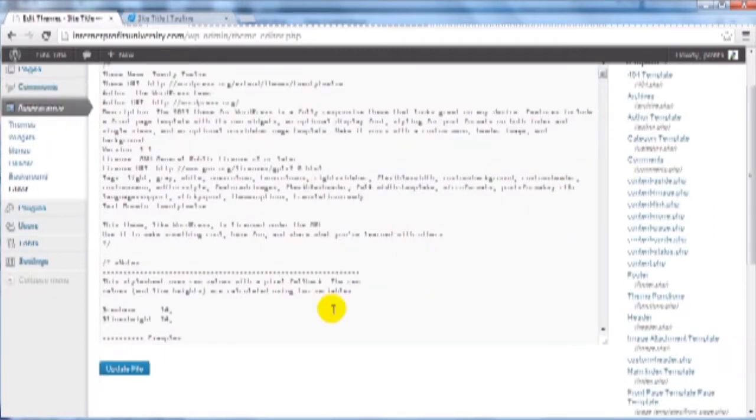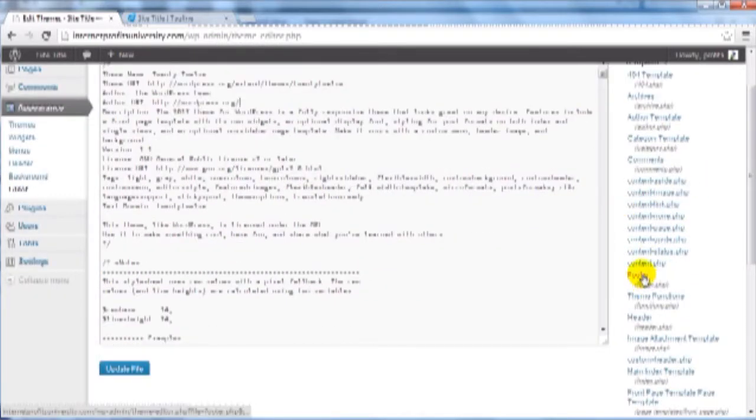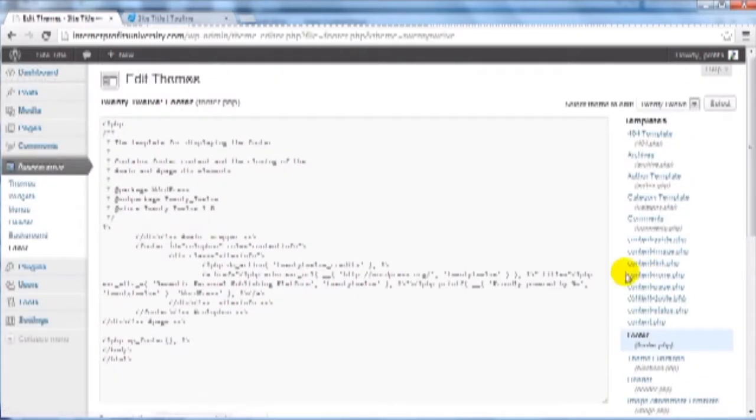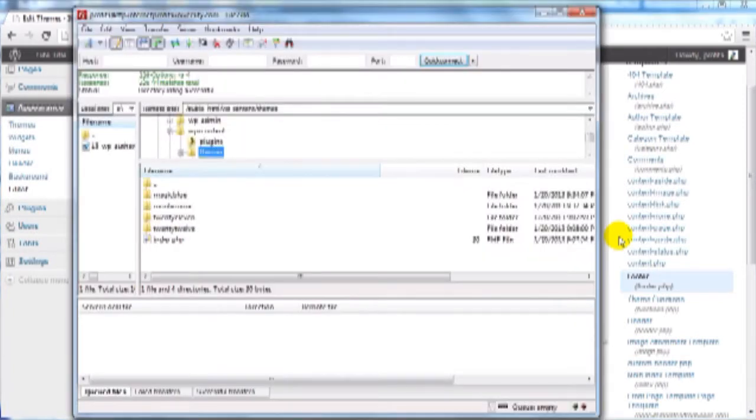Now, for some of you, you will be able to automatically update and edit these files. If you are unable to do this, and you click on Footer here, you will need to make this specific file writable. And the way you do that is to log into your FTP program, log into your website,